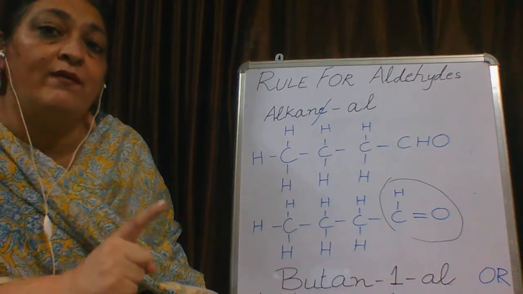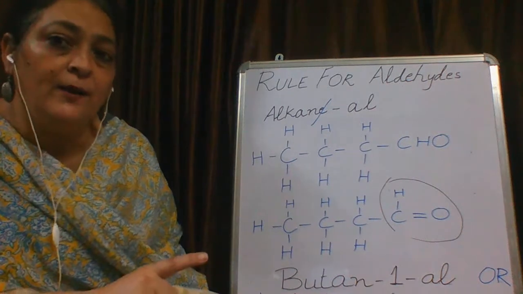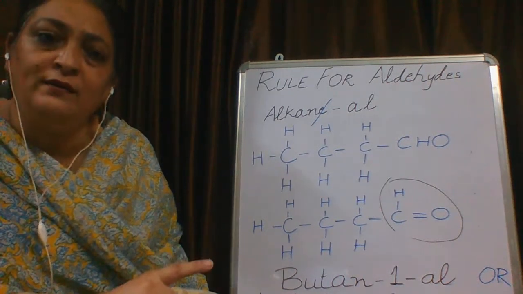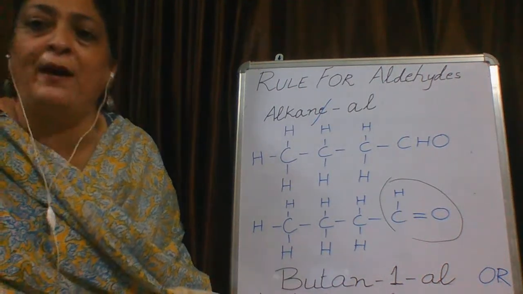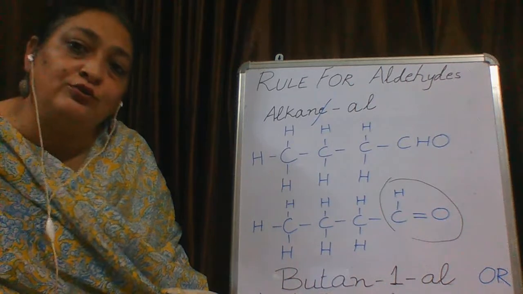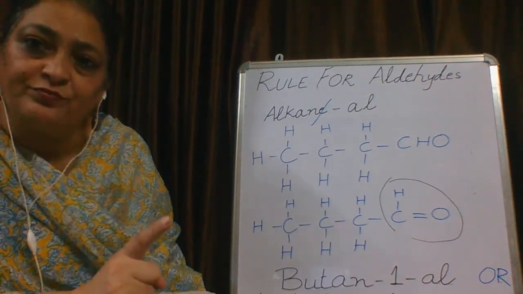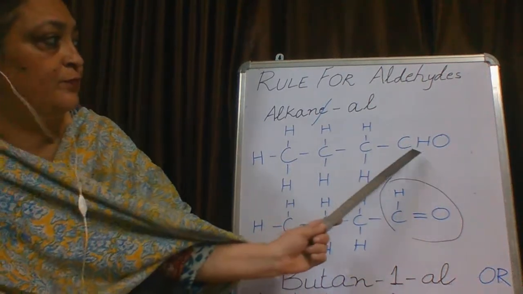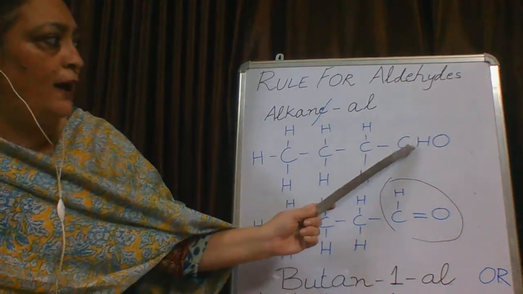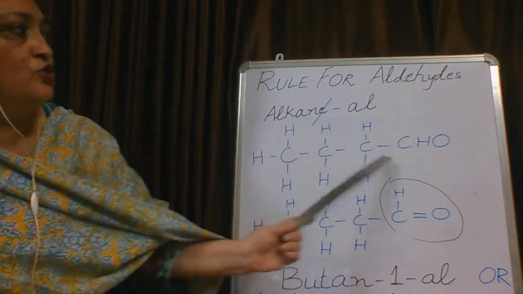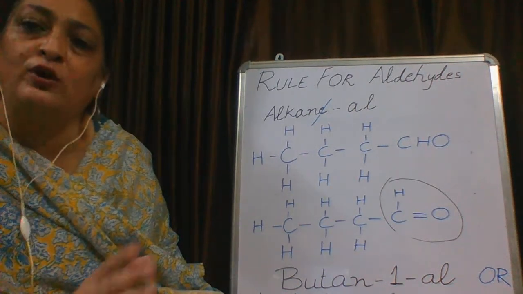No matter where it is located, even if you have to shorten the chain, please ignore the rule number 1, that is longest chain. Aldehyde has to be a part of a main chain, and that too, the carbon of the aldehyde has to be given number 1. Please remember this. Now, this is an example. Now, how many carbons are there in the main chain? 1, 2, 3, 4. So, here it's a straight chain.